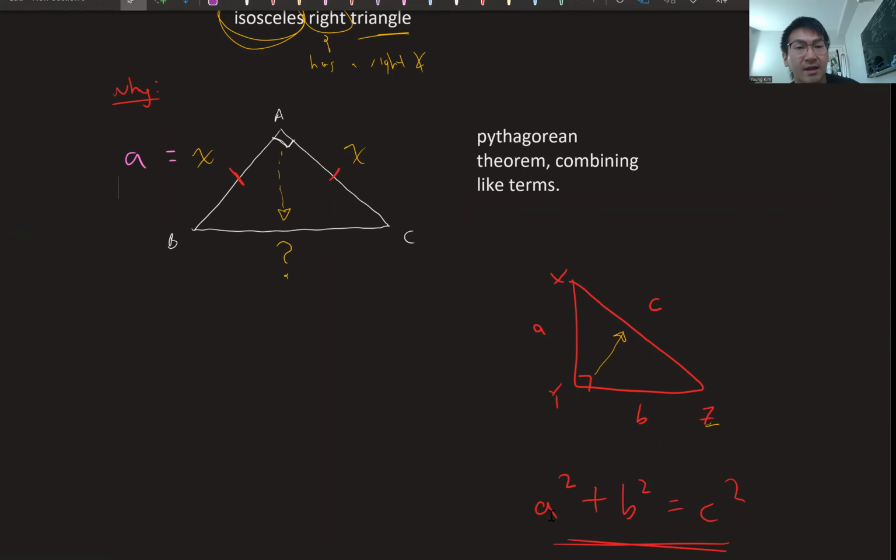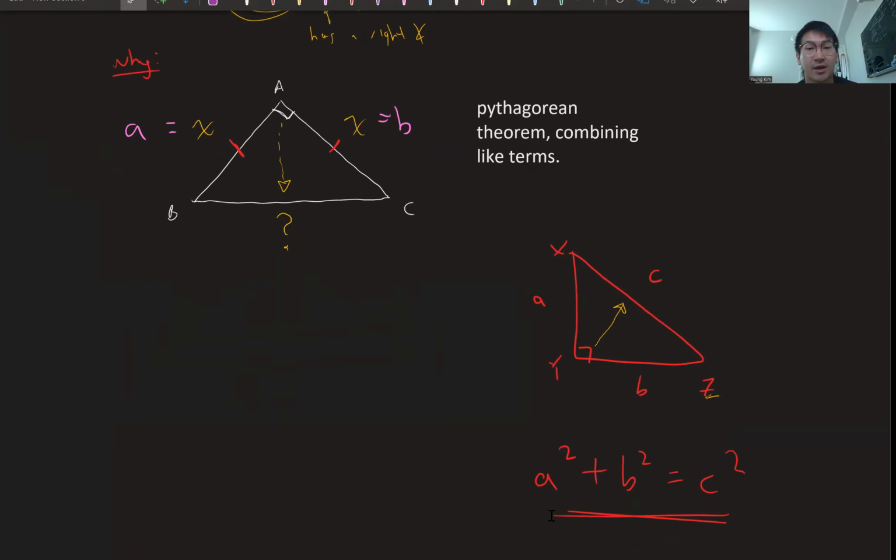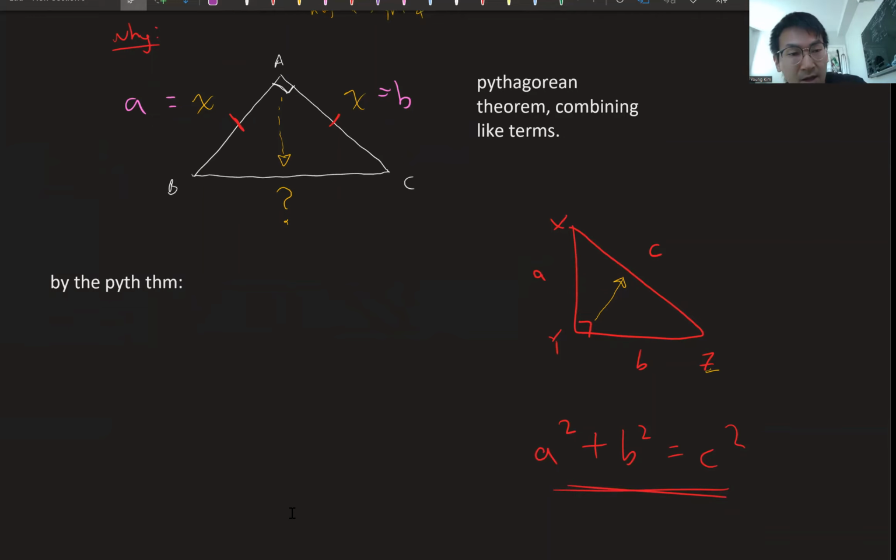This side is like A, and this side is like B, okay? And once again, you could have swapped these around. So now applying this here, you can say by the Pythagorean theorem, you get that